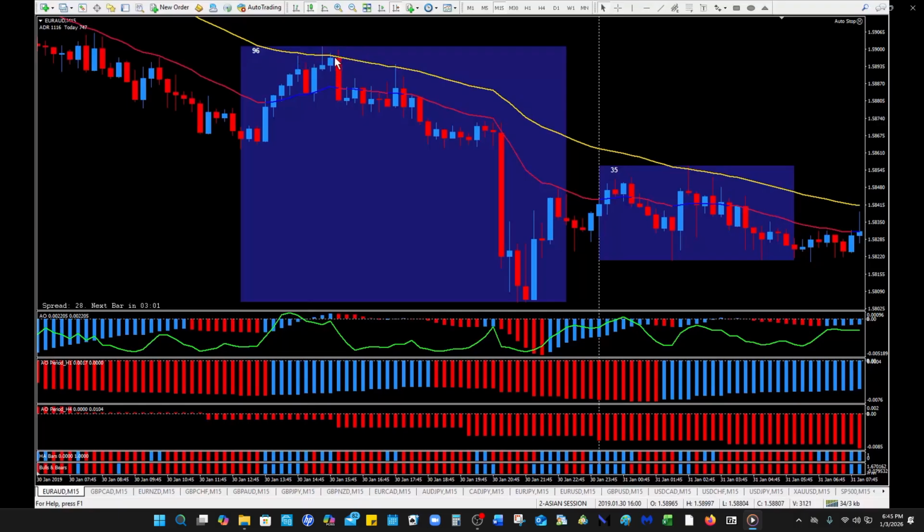Now this is aggressive, and a conservative trader will be when it goes from blue to red. You got to have both these two indicators down at the bottom. The bulls and the bears and the HA bars have to be red. So right there, this is conservative right here. So conservative